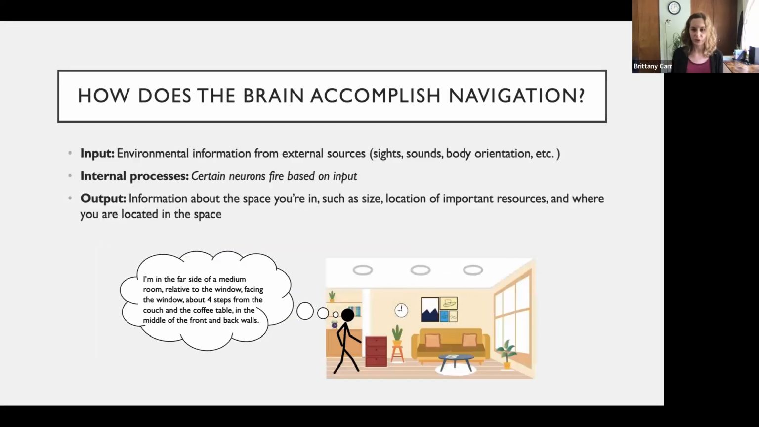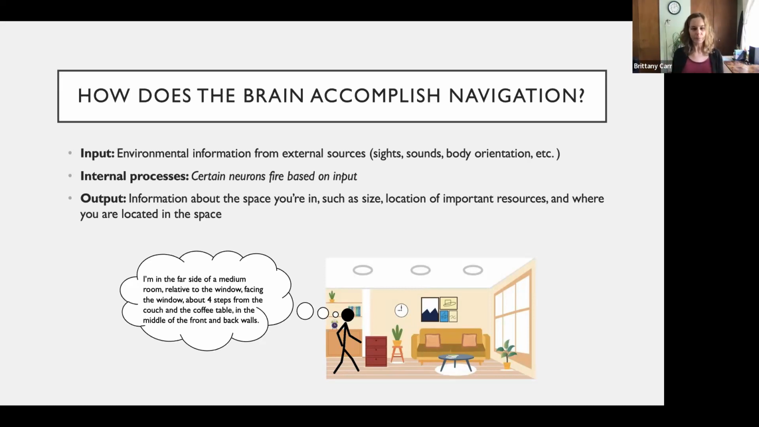Okay, so a natural question is how does the brain accomplish this navigation? Like I mentioned on the previous slide, we have certain inputs, so environmental information from external sources, so the sights, the sounds, the direction you're facing, etc. And you have some internal processes. So something goes on in your brain that says, okay, I'm taking in all of this information, I'm having neurons that are going to fire, and then the output is going to be knowledge about the information of the space